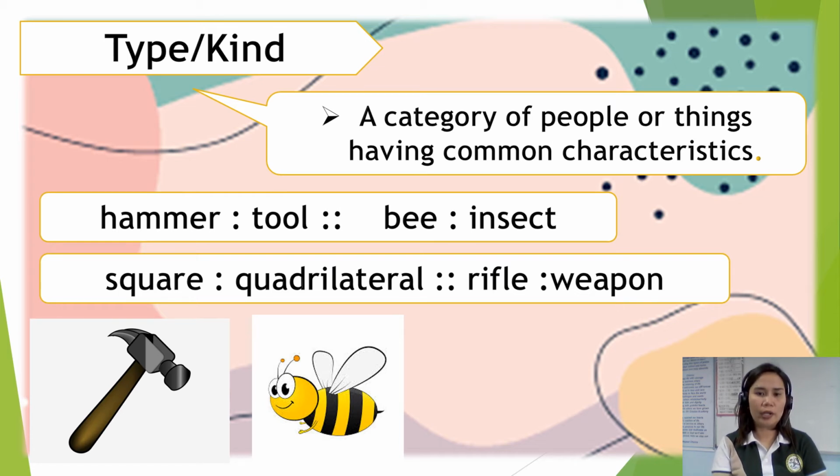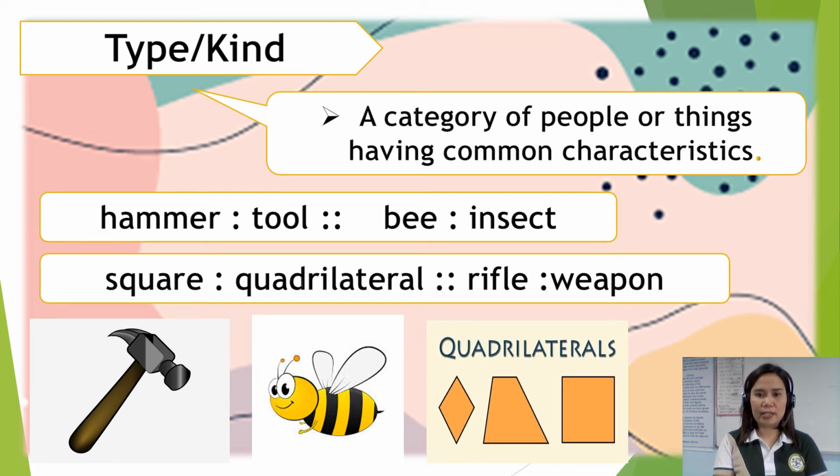Next, square, quadrilateral, and rifle is weapon. So, a square is a type of quadrilateral having 4 sides, and a rifle is a type of weapon. All right. Next,